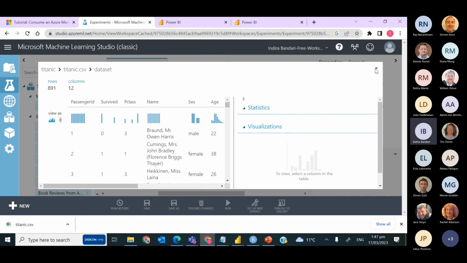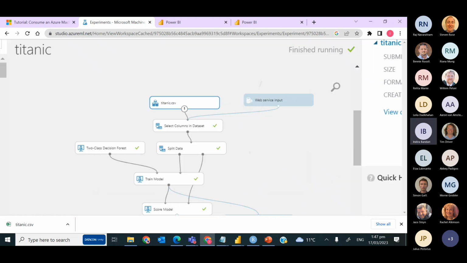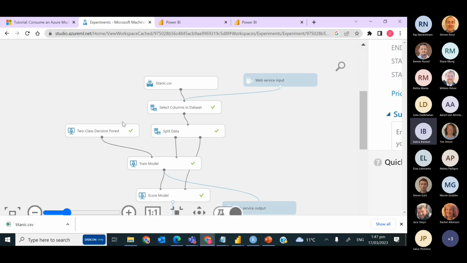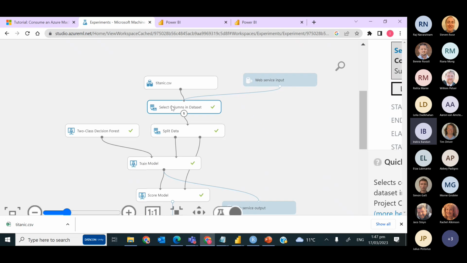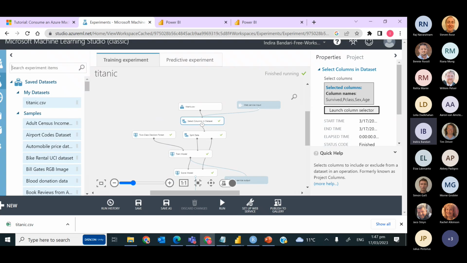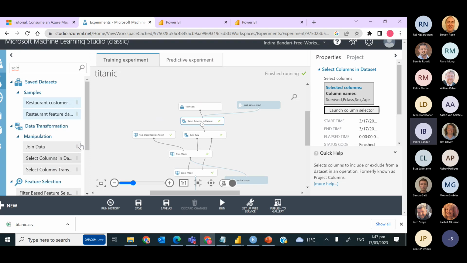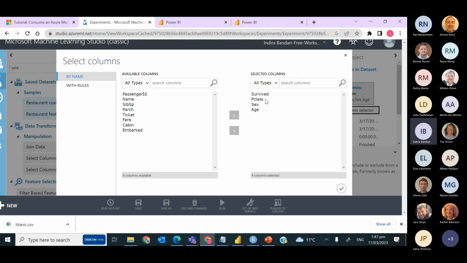And here what I've done is I have already shown you the designer mode. The designer mode arose from this Azure Machine Learning Studio Classic application. So I have selected the data, selected the columns. This is also another thing that you can drag and drop. So I can just select the columns in the data set and then drag and drop. So here I have selected launch columns. I've selected only these columns: survived, passenger class, sex,